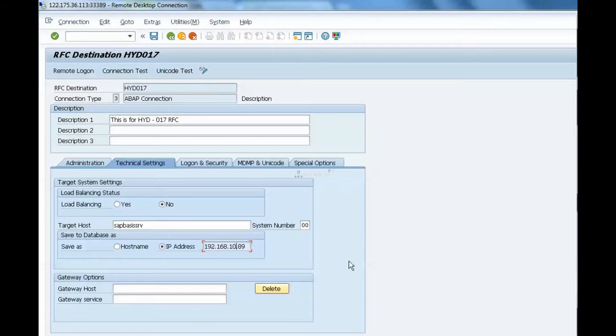In real-time scenarios, we will use this one, target host and target IP address, for ABAP connections and BW connections. For these types of systems, we will create only ABAP connections with target hostname and target IP address. We will use this scenario in real time.